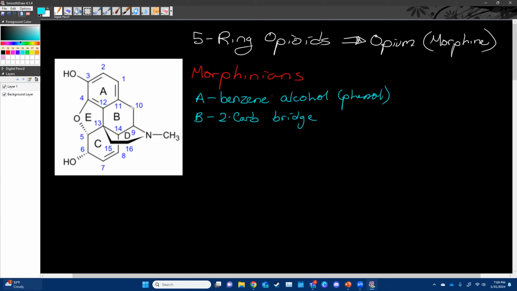So that's what carbon 10 and carbon 9 are. Ring C is an unsaturated ring, which means that we have a double bond. On ring D, we have a